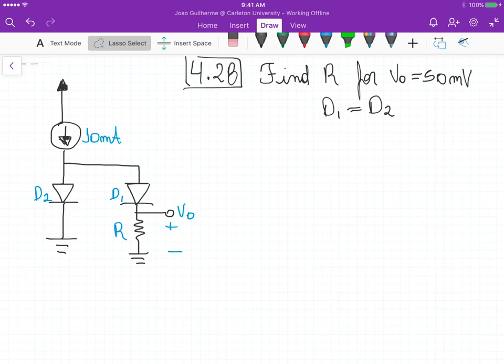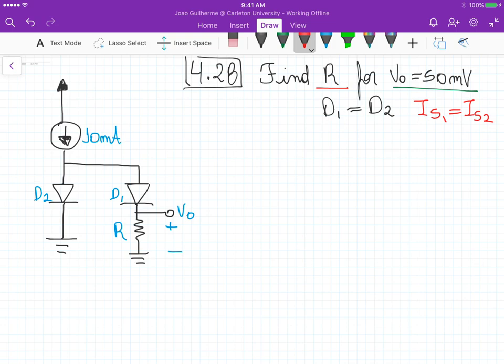For problem 4.28, we need to find R for an output voltage of 50 millivolts. Considering that the diodes in the circuit are equal, it means that the saturation current 1 is equal to the saturation current 2. They're the same diode. Now if you look at the circuit, we have a current source here